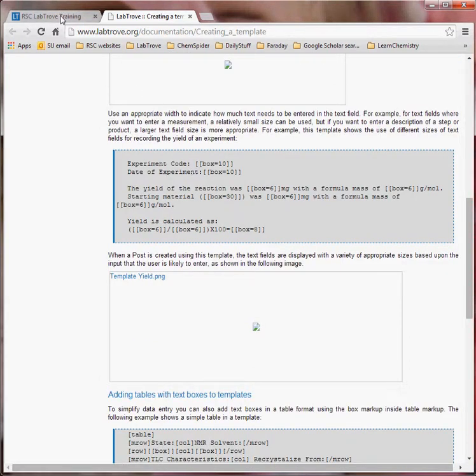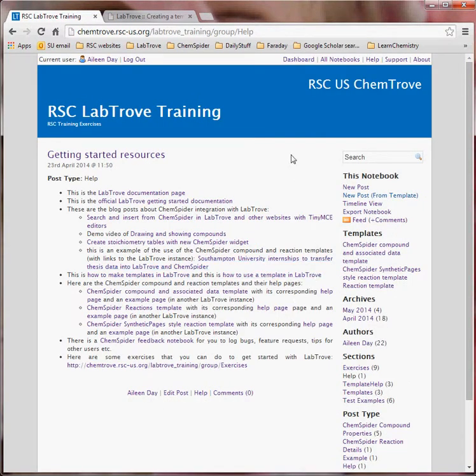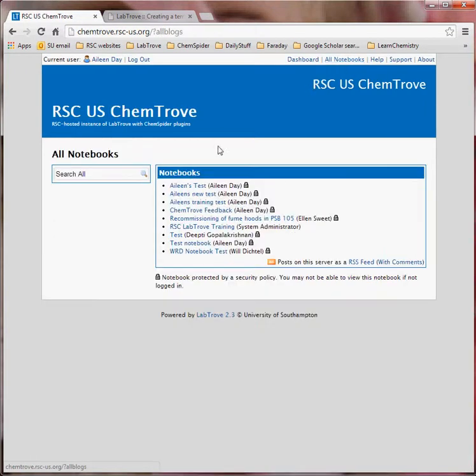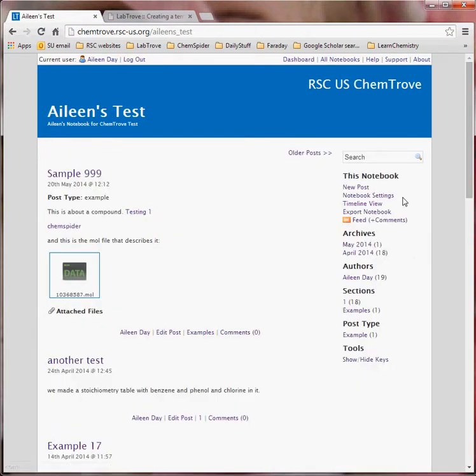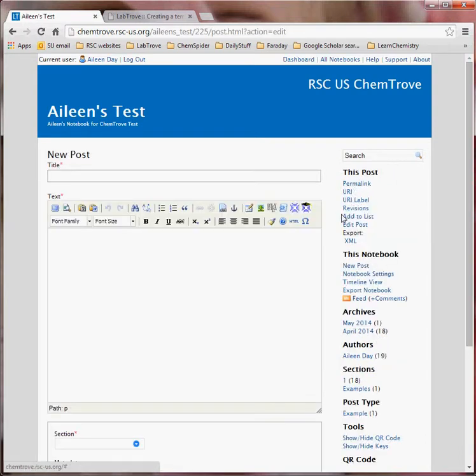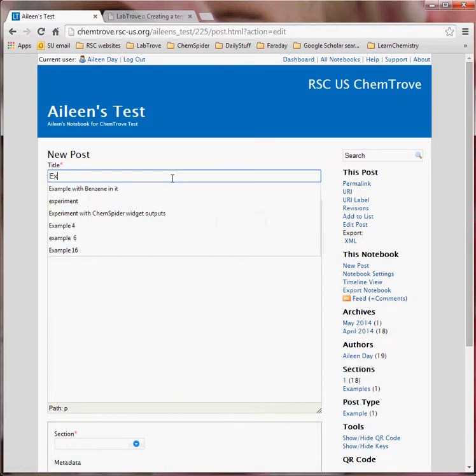Basically what it says is, if I work through it, I'll go to another notebook. So this is a notebook with no templates in it. There's no template section here, and I've got no option to make a new post using a template. To make a template, you just need to make a new post, give it a title,